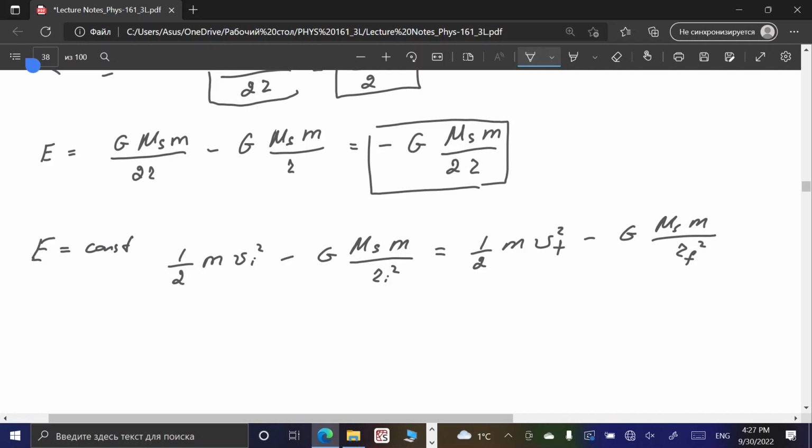So if we know the initial and final radius and initial velocity, then we can determine what will be the final velocity after such a transformation of the orbit. So that originates from the fact that we have constant mechanical energy of the system,